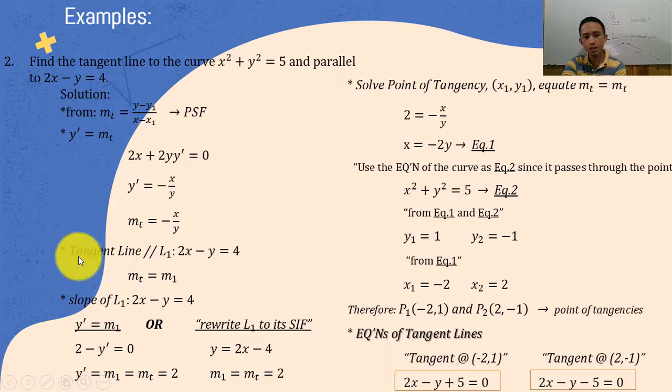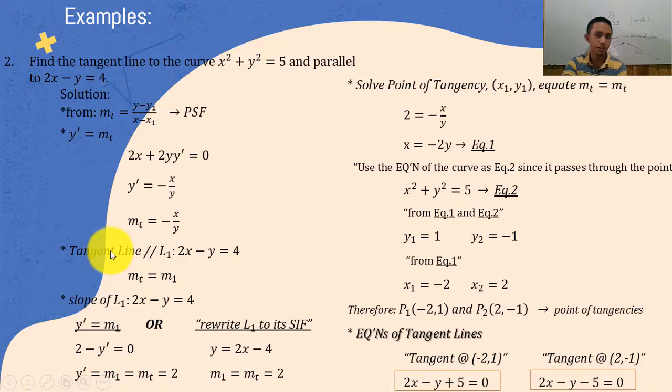The tangent line that we are finding is parallel to the given line. Let's call this given line L sub 1, or line 1, so that we have a name for that line. So the tangent line is parallel with this given line, line 1. Therefore, if they are parallel, again, make use of the relationship: their slopes should be equal. So if I know the slope of line 1, that is the same as the slope of your